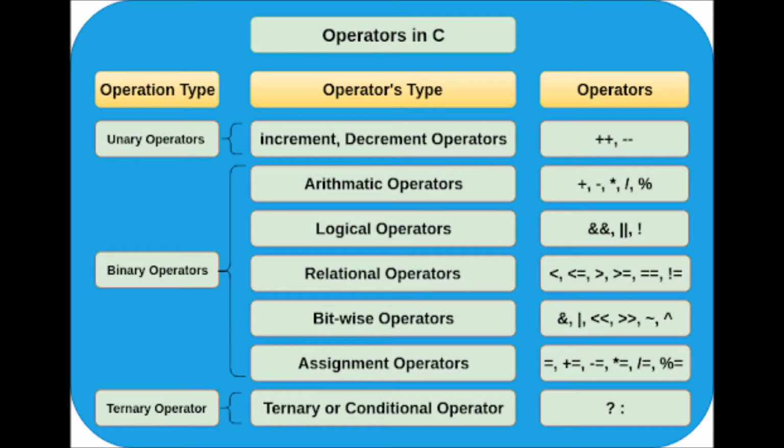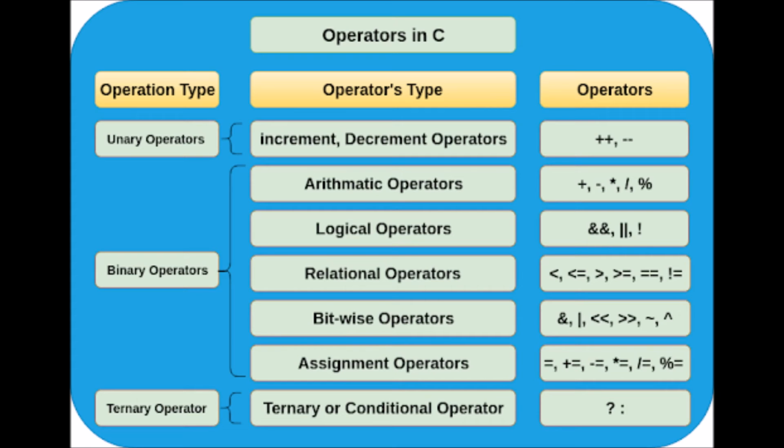The next type of operators is bitwise operators. Bitwise operators perform operation on zeros and ones of the true values. For example, the number 2 in zeros and ones is represented as 0, 1, 0. Similarly, if we take another operand like 5, its binary value is 1, 0, 1. So the operations are and, or, left shift operation, right shift operation, negation, and XOR operation. The bitwise operators are not very common, but if you want to perform some operation on binary data, then we have to use the bitwise operators.